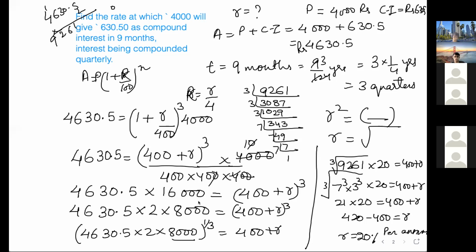And here you see, you could have multiplied all this and then done prime factorization, but it will take time because you can see 3 zeros here, so 1 zero comes out in the cube root, and make 16 into 8 so that 20 will come out of the cube root, and whatever is left, you find out the prime factorization. And it is a cube root, so what will happen, 1 of 3 will come outside, right? Just like in a square root 1 of 2 comes out of the square root, same way here it is a cube root, so 1 of 3 will come out because 3 by 3 is done. So this way we'll calculate.